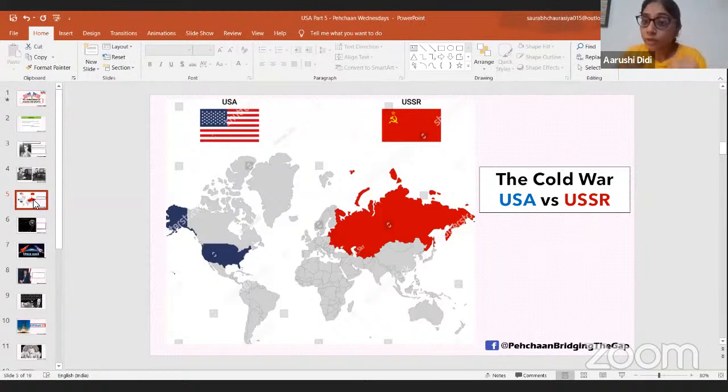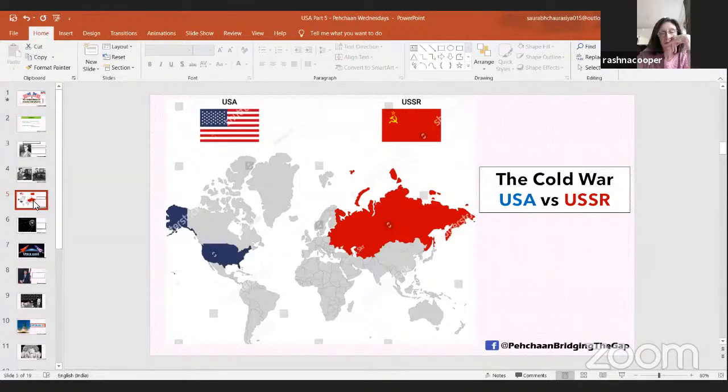And what they were doing is they were arming, increasing their weapons to show that, hey, I am strong. USSR said, hey, I am strong. USA said, hey, I am strong. And they took this war out into space. Both of them decided that now we will take this Cold War and show that each of us can reach outer space, right? Yeah. Next slide, please.